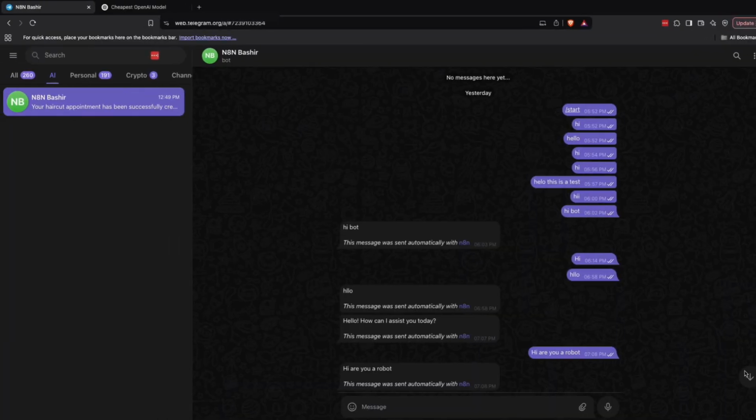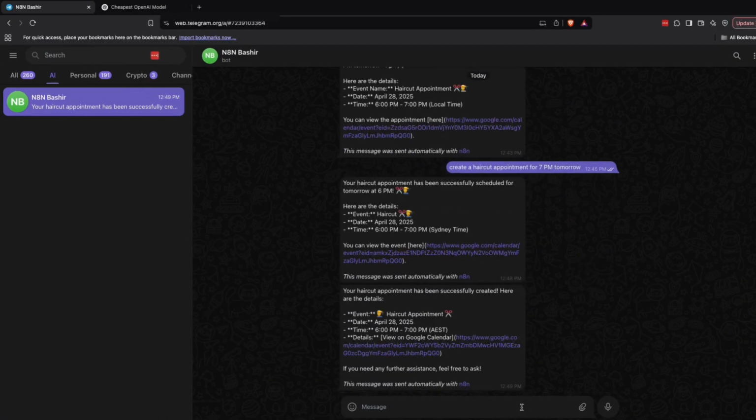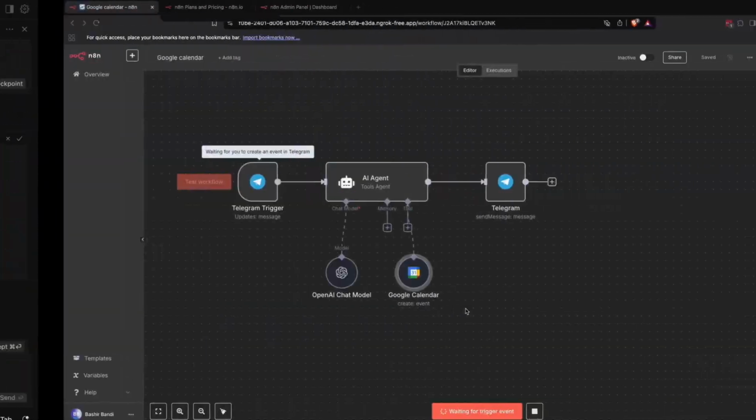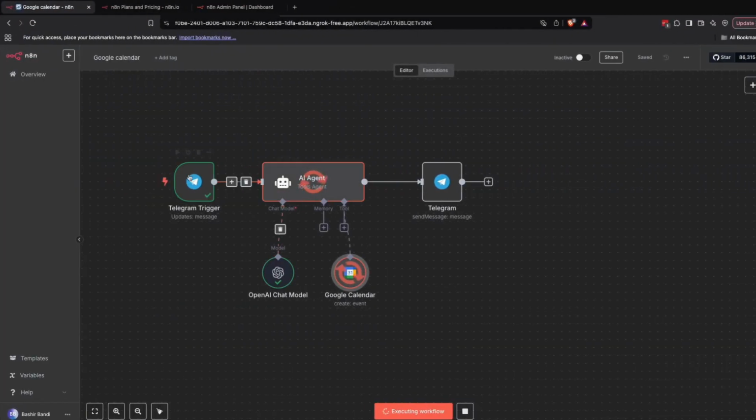So let me go back to Telegram, go all the way down, create an event for tomorrow at 8 to do yoga for 15 minutes. Once we send this message, we can see that our process workflow has started. The AI agent is using the AI chat model. Then it got connected to Google